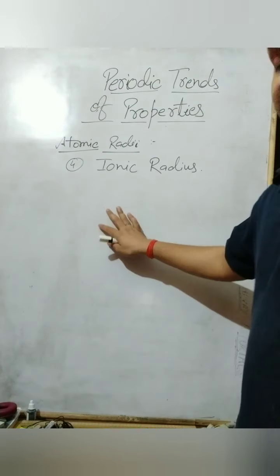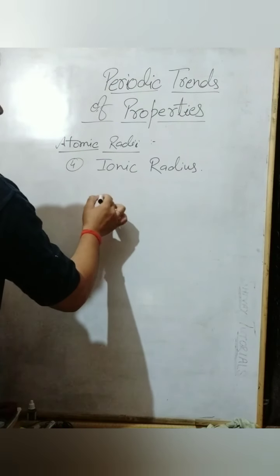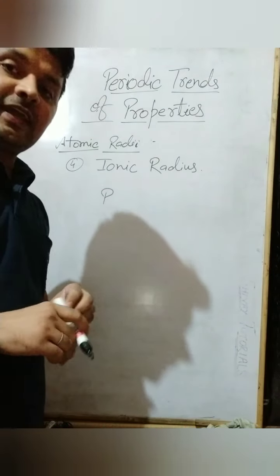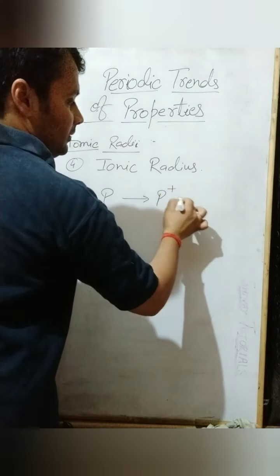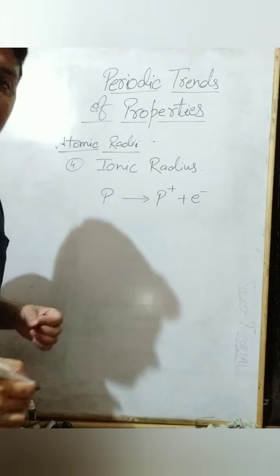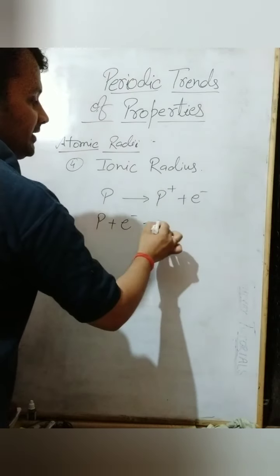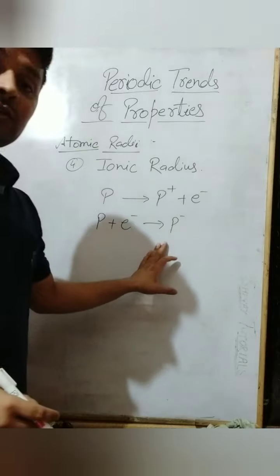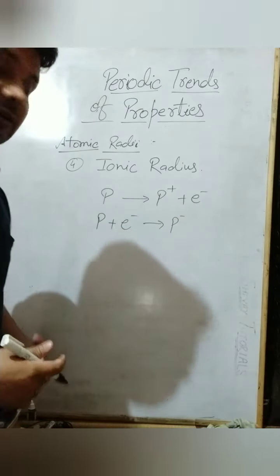Next one is the ionic radius. See, when ions are formed, meaning when any atom loses or gains an electron. If we consider any atom P and we take an electron out from this atom, then what will happen? This atom will become a cation, which gets a positive charge. Similarly, if this atom has been given one electron, then it will form a negative charge. So here we are considering one atom when it is given an electron or an electron is taken out, then it forms